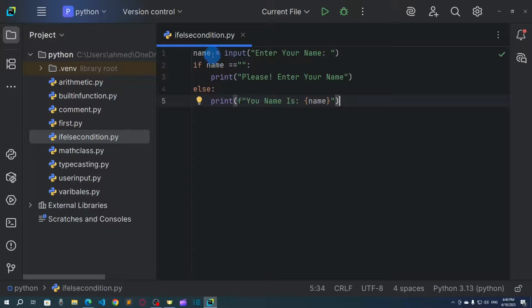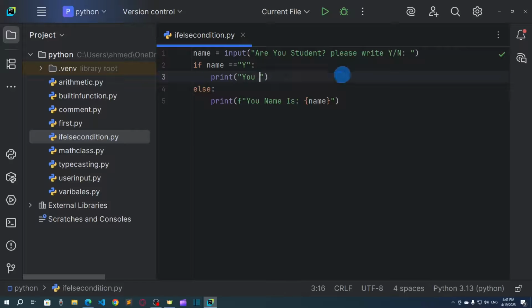So here you can see that the name input is enter your name. So I will say, are you a student? Yes or no. I want to say here that please write yes or no. Are you student? Please write yes or no. So the user will type yes or no, right? So I will say if equal to y, then